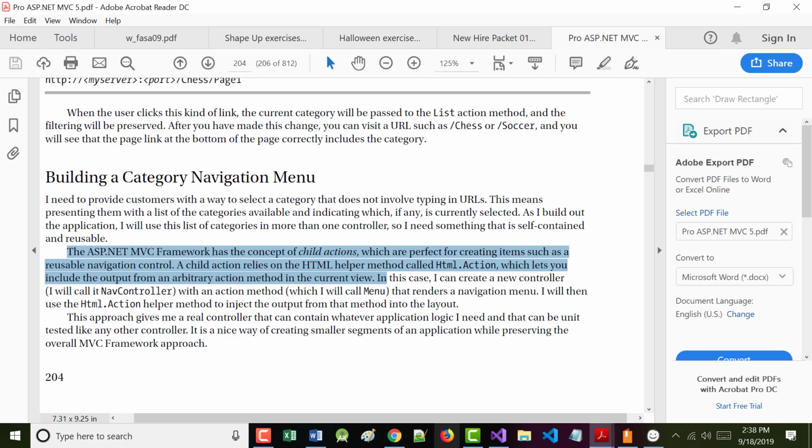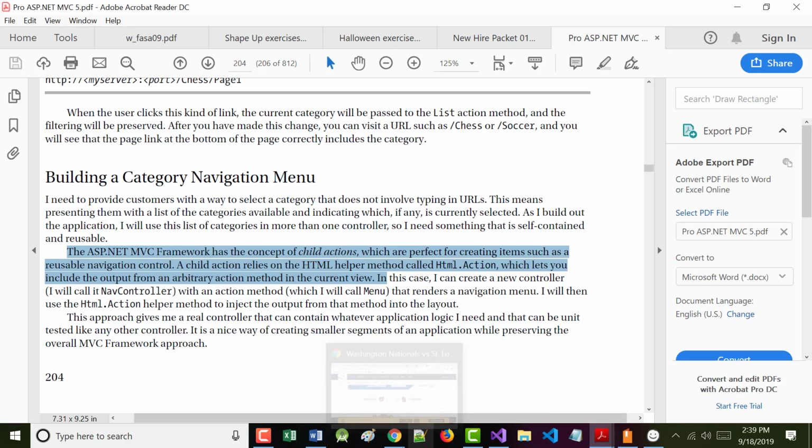These helper methods, just so you know, are any built-in methods that start with HTML, and you hit dot. Those are methods that have been written into the language as HTML shortcuts. So if you don't know much HTML, or don't want to write a lot of HTML, you can.